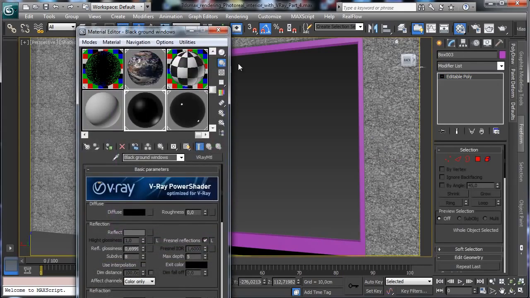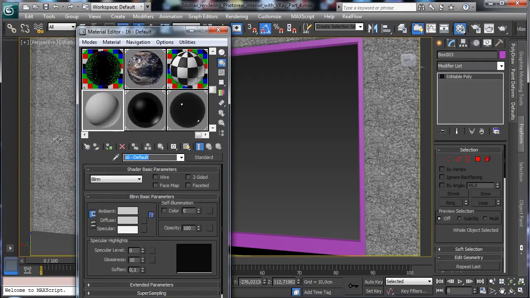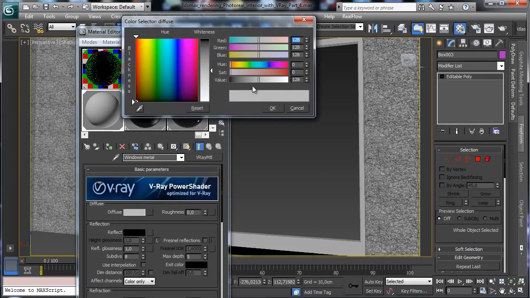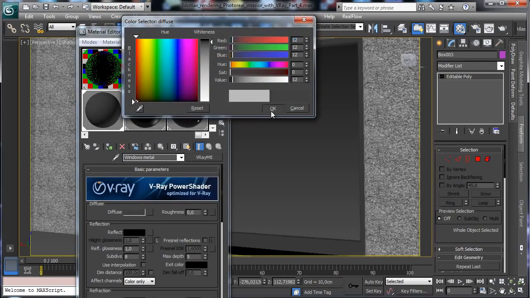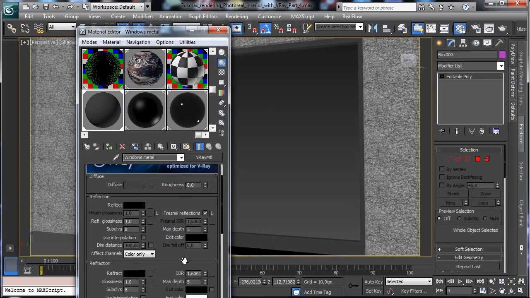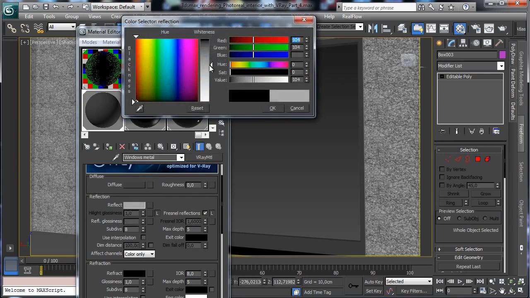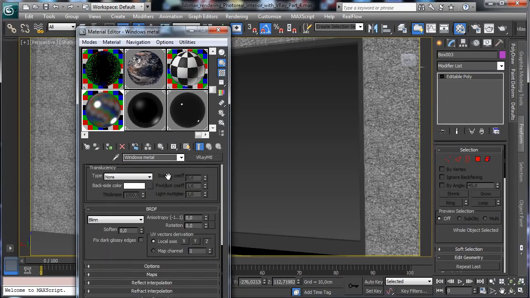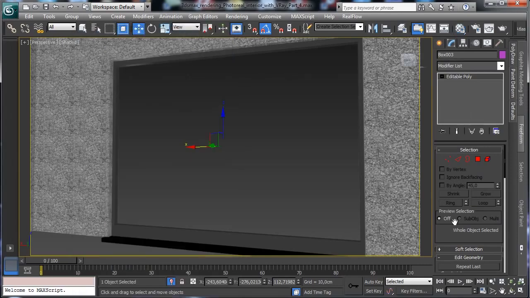And let's say that this one is a window metal, we go for a V-Ray material, and we pick a dark gray, and let's go for 8, a nice reflectivity, and let's try to have a really high reflection glossiness and something like that for the anisotropy, and then we